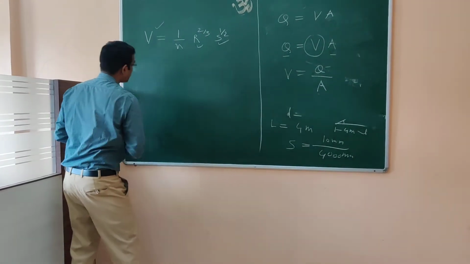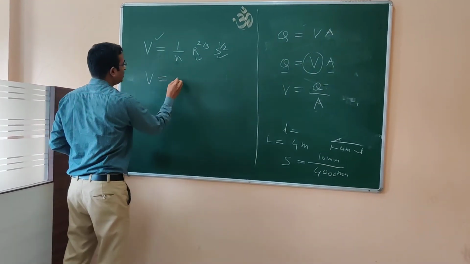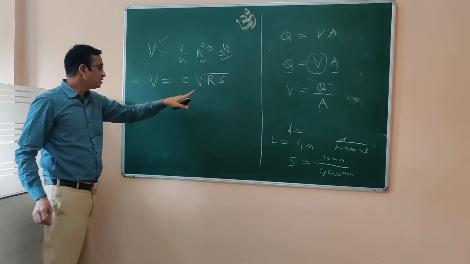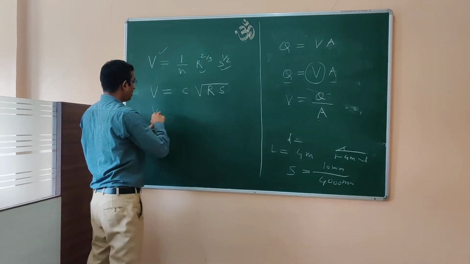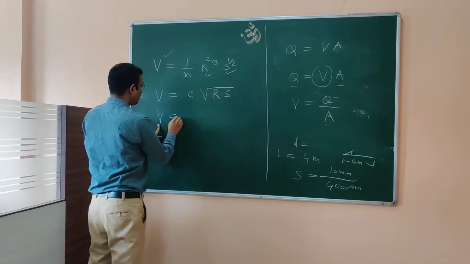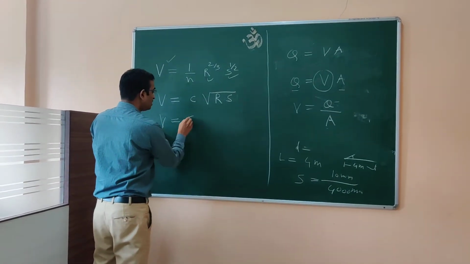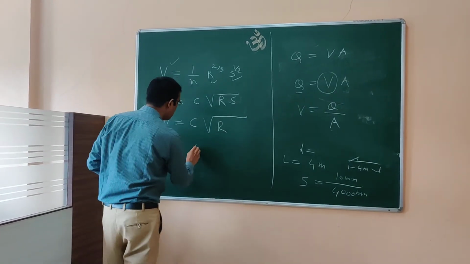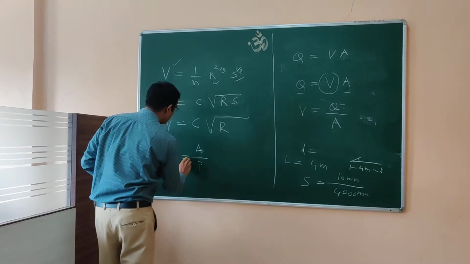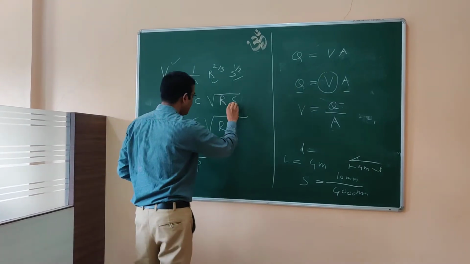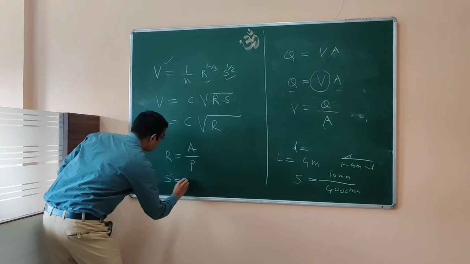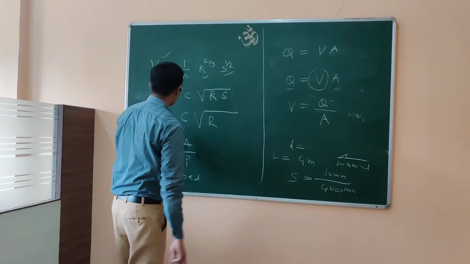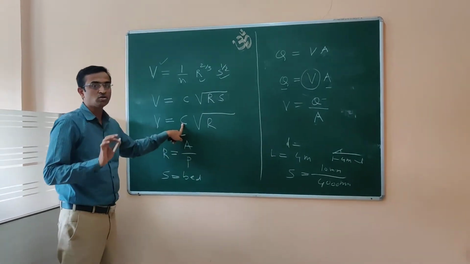Same way we can calculate Chezy's constant also. I will write the formula. V is equal to C under root R S. All the terms we can see. V we can calculate the same way, as we have calculated that velocity earlier. C is the unknown. R is the hydraulic radius, that is A by P. And S is the bed slope. The same bed slope we have used here. Like that we can calculate Chezy's constant also.